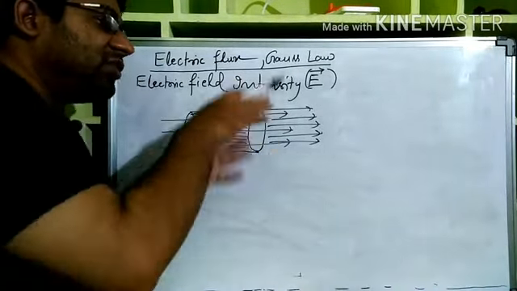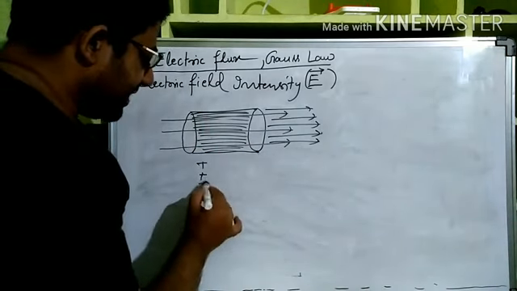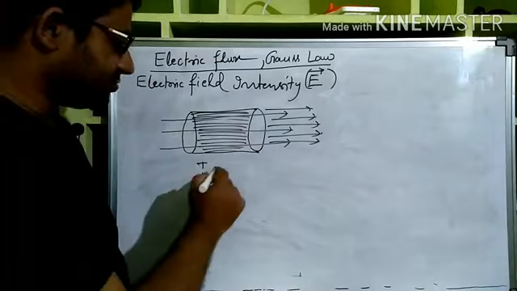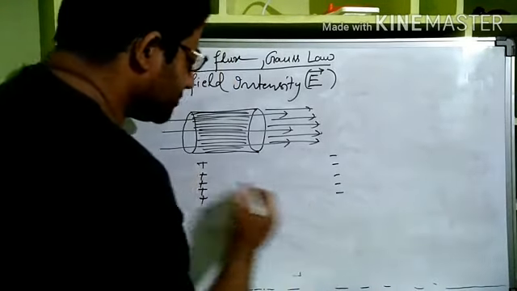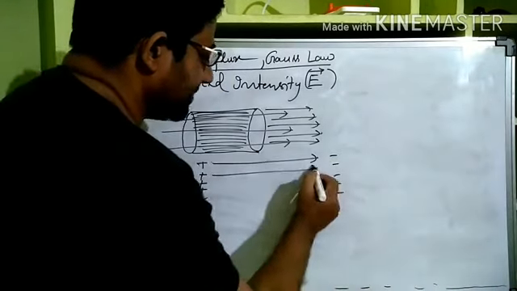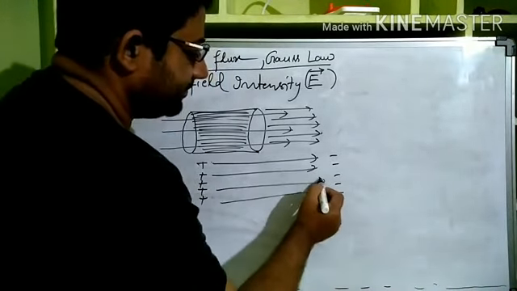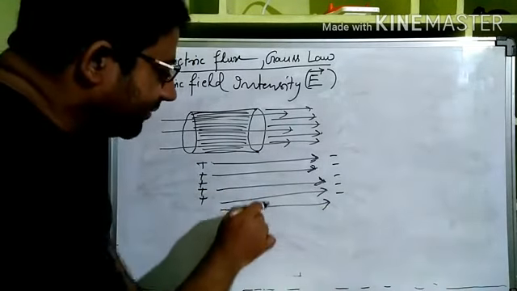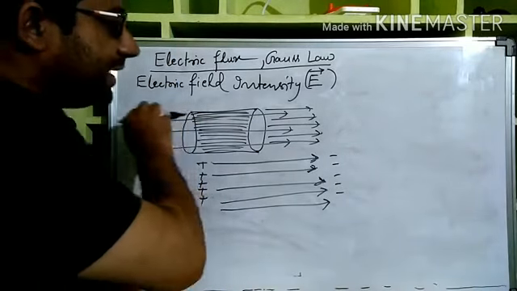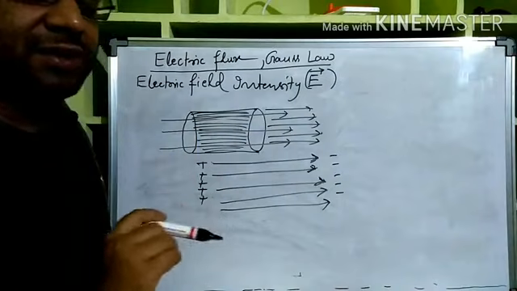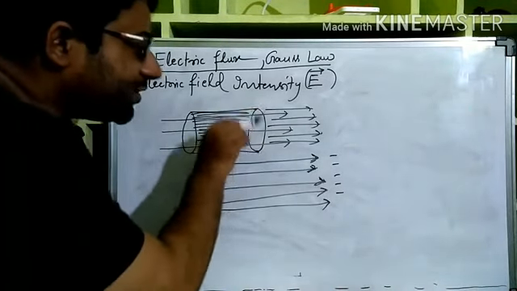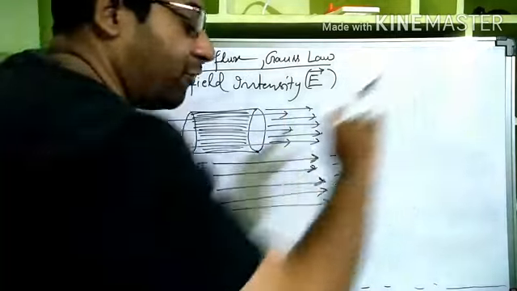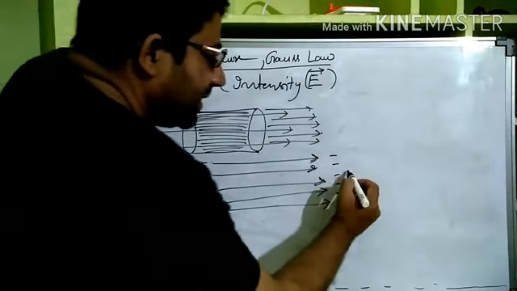Is it clear? And in the electric flux concept, we are talking electrically now. Whenever there is a positive charge and some negative charge, electric field lines go from positive to negative. This we know already, right? Now, all these electric field lines you can compare with the narrow tubes containing flow of water, and together all the little flows become a huge flow. Like that, all the field lines together are the